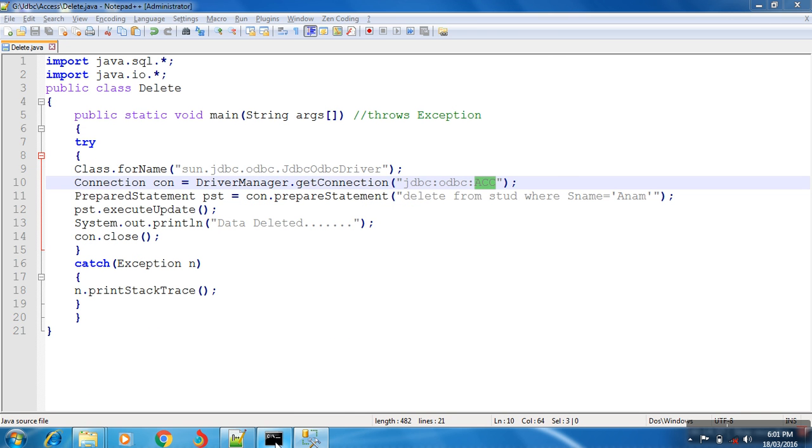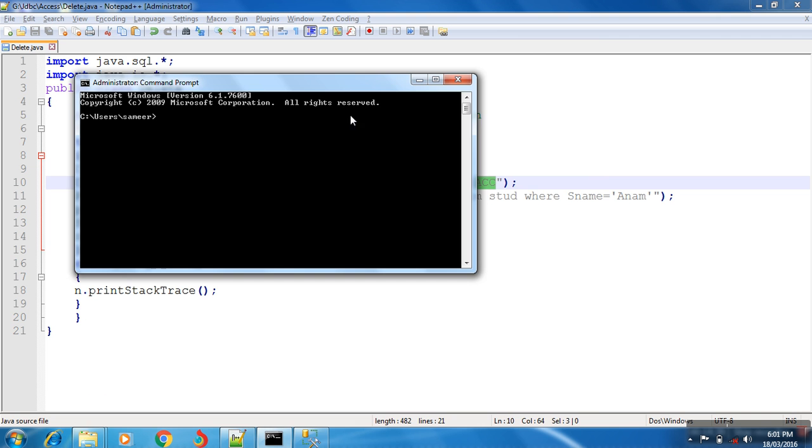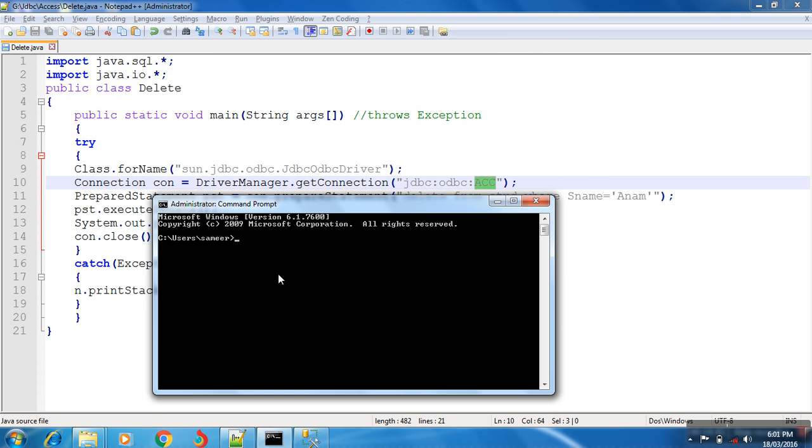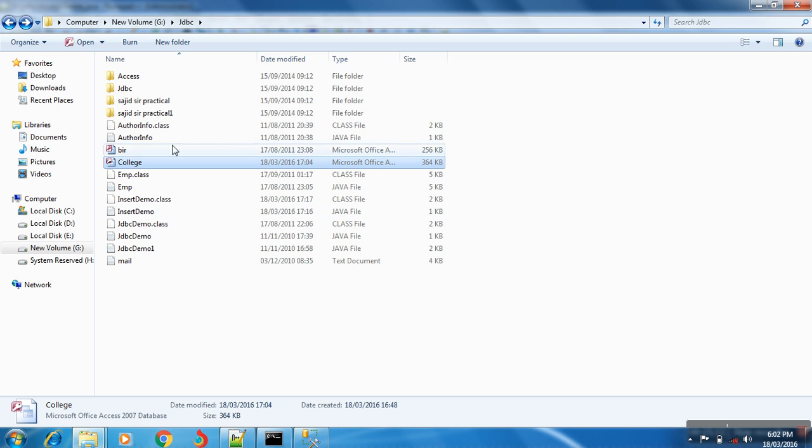After that just open the command prompt. Where is your project location?